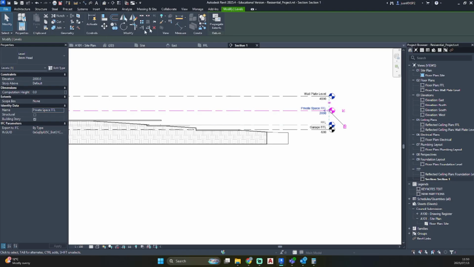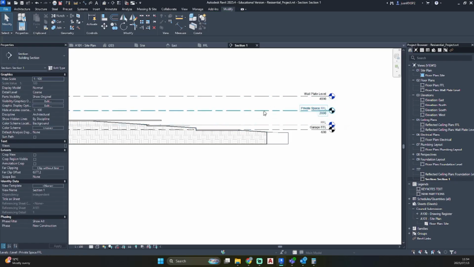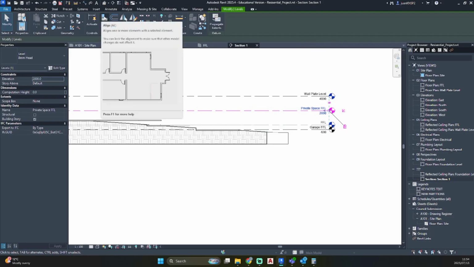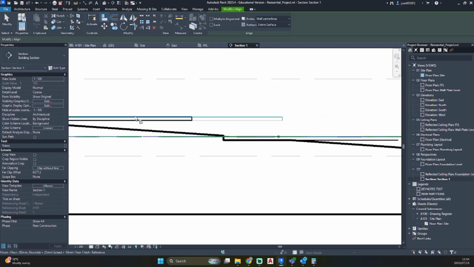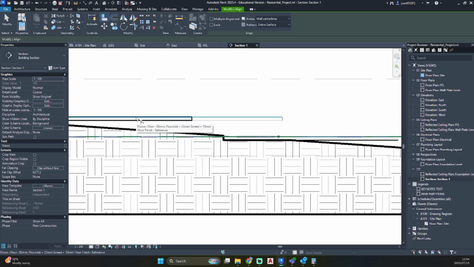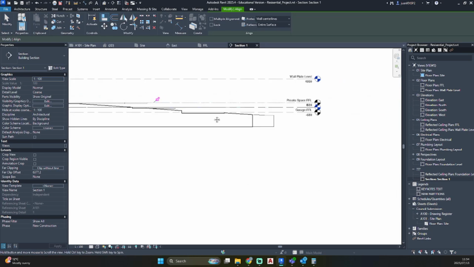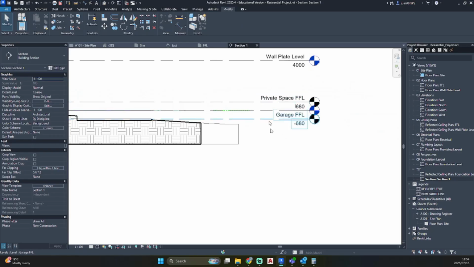If you go under modify in your top ribbon, once you have selected your level, go to modify and align, or you can press AL on your keyboard. Then select the top side of our floor slab and click on the level we wish to align with that. And there we have our height that has been set.